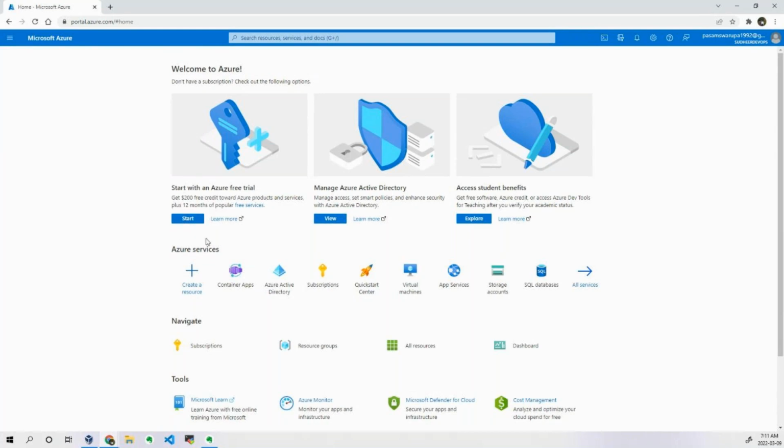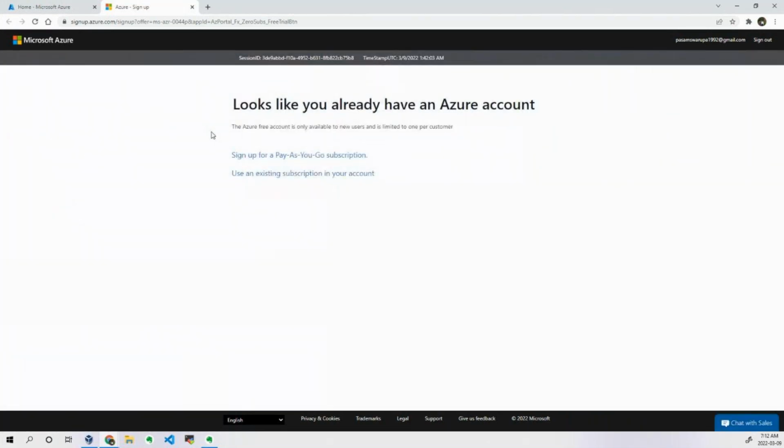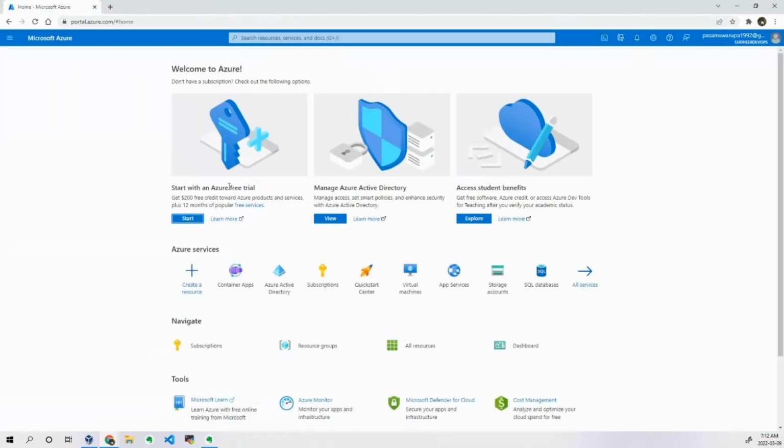For the free trial, first of all you need to give your credit card details. If you click on that, you need to enter your card details and other things. Once they are entered, they will deduct only 1 or 2 rupees from the card you have specified, for verification purposes. Once that is done, you will get a portal like what we saw in the previous session.